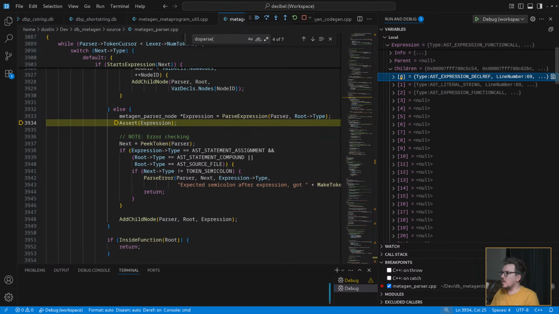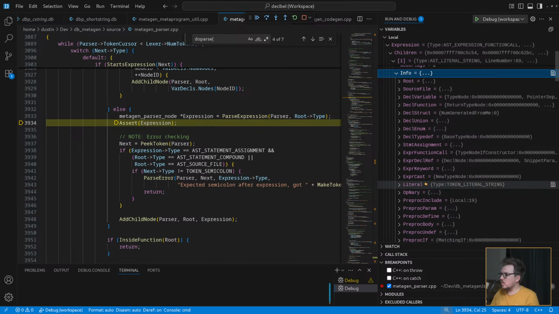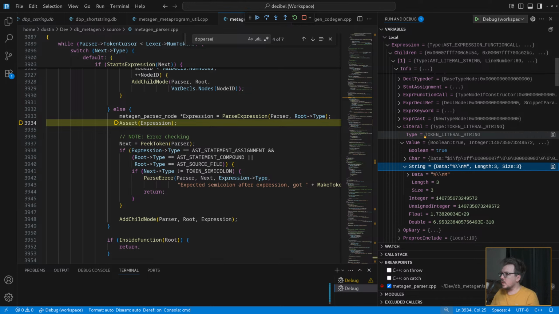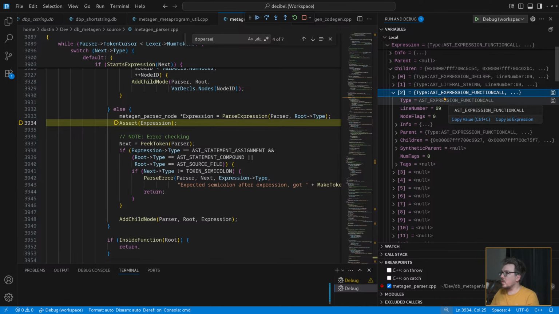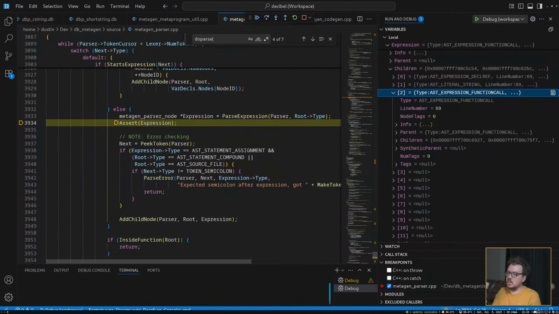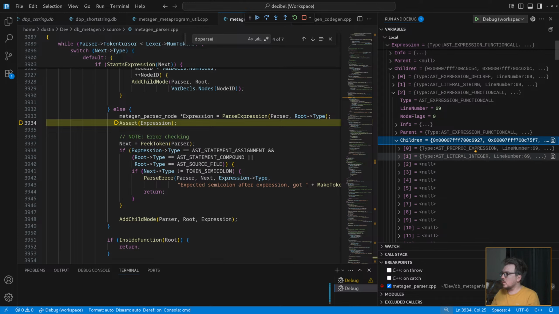The second child is the first parameter, and then it goes down the parameter stack from there. The first is a string literal, which is %/n for our print. And the second parameter is another function call, which is right. We want this to show up as a function call to start. Should be a function call to stringify with one parameter. So let's look.